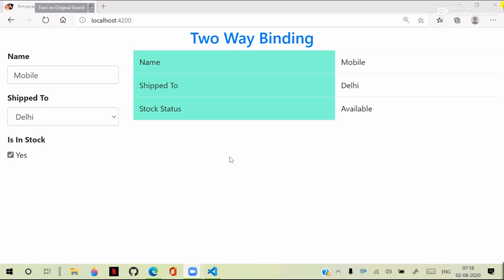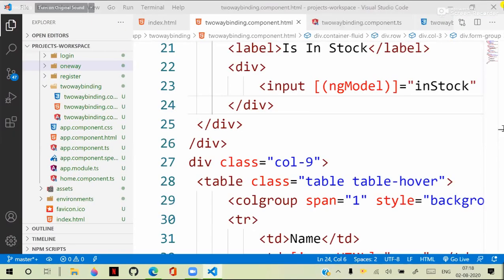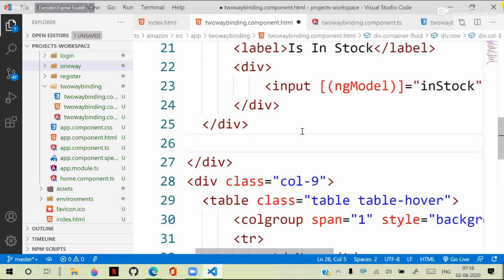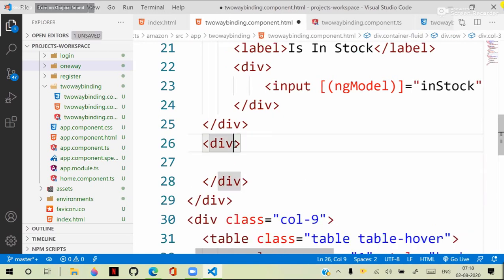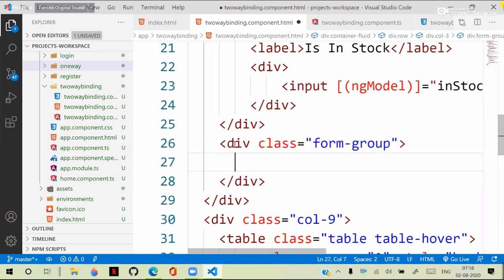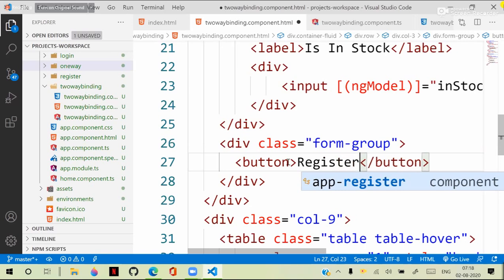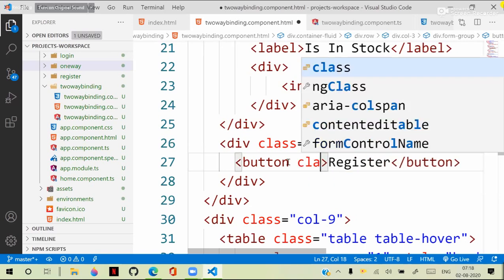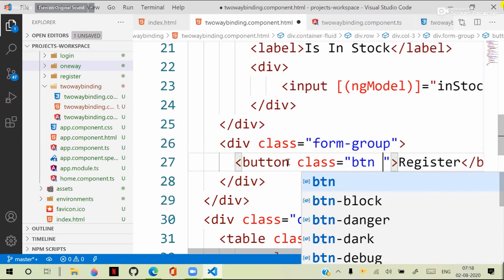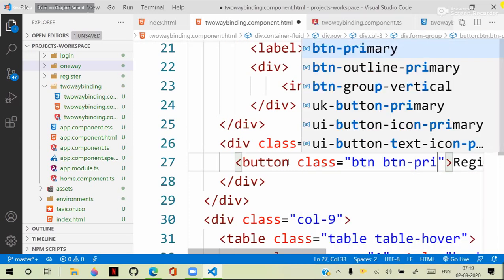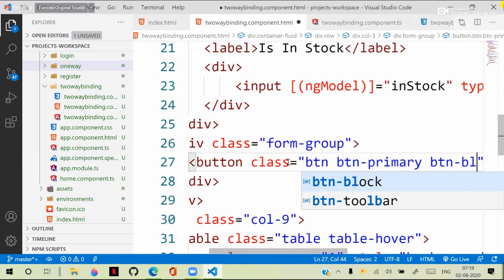So technically, what we are doing now is just below this, we are adding a div with another class, form-group, and here I'm adding a button. It is Register, and we are defining the classes btn, btn-primary and btn-block. Okay, so we have a button,